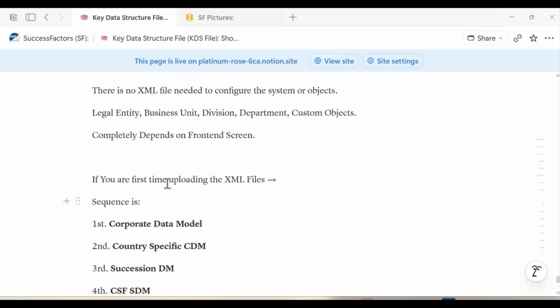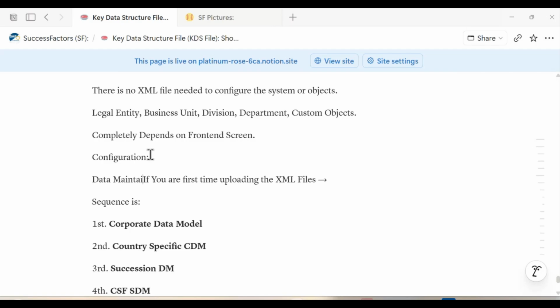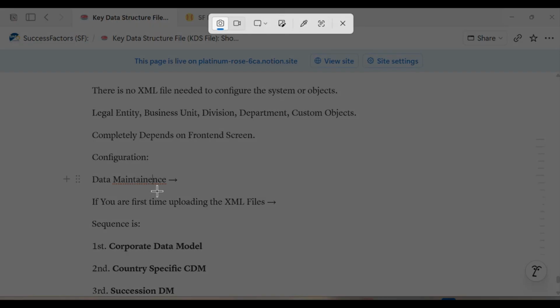Okay. For configuration for data elements. So for data maintenance, if you say,